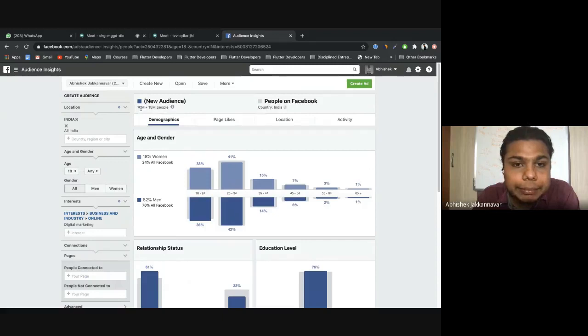Now there are around 10 million to 15 million people in India who are interested in digital marketing, out of which 82% are men and 18% are women.